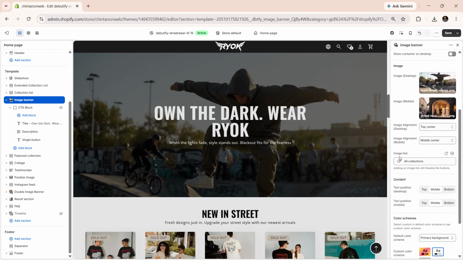Add image link. Make your banner clickable by linking it to a product, collection, or any page. Text position, desktop. Choose where your text appears on desktop: top, middle, or bottom, depending on your layout and design preference. Text position, mobile. Choose where your text appears on mobile: top, middle, or bottom, ensuring better readability and alignment